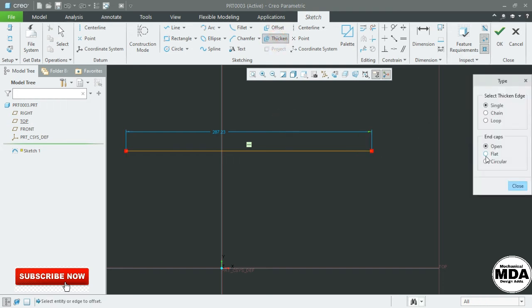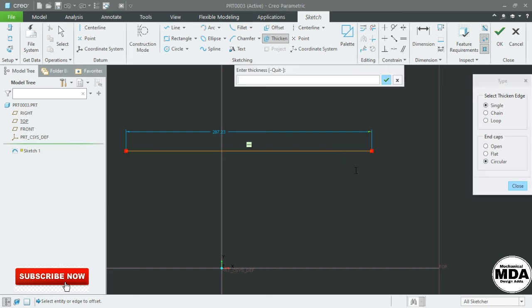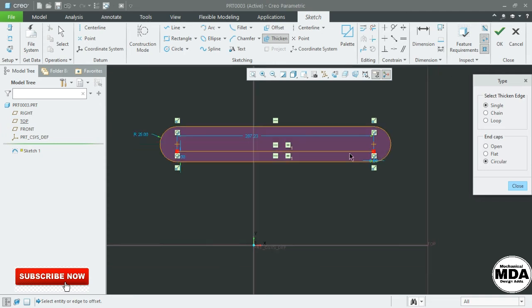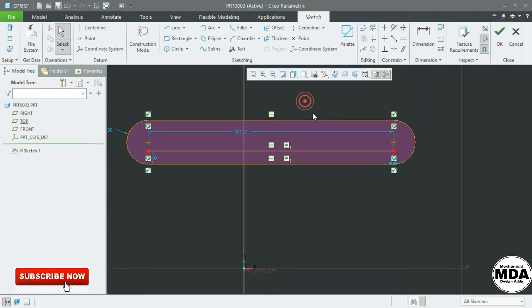So next one we have the single entity but the circular end. So select the entity, give the thicken value, and from the middle here it is. Now you can see the difference here from that middle it is 15 mm. So this one is 15 mm and the total thicken is the 50 mm like this.